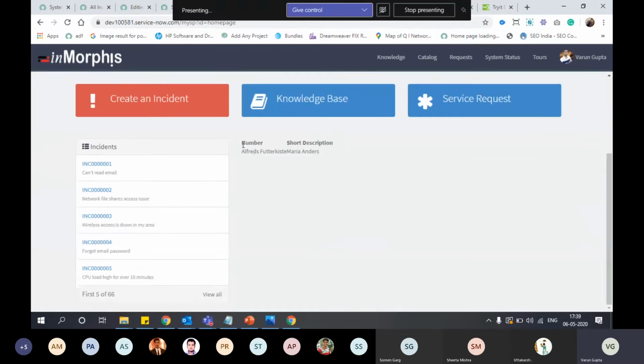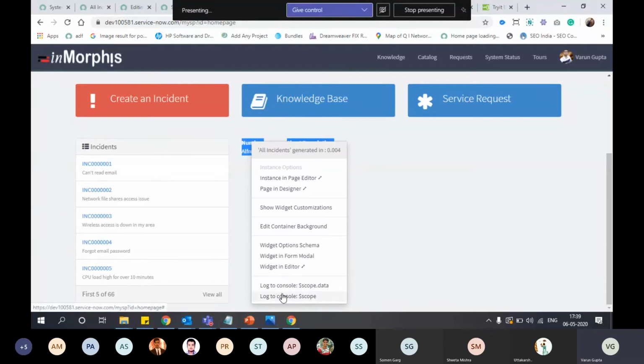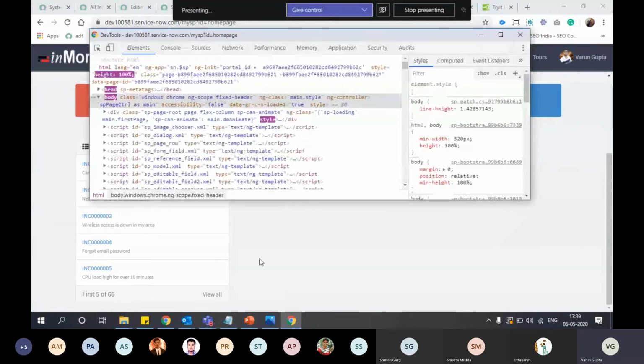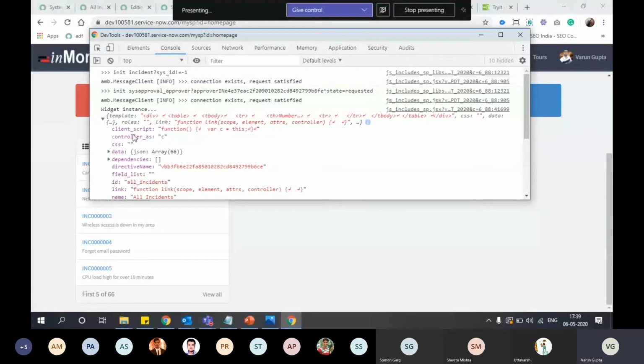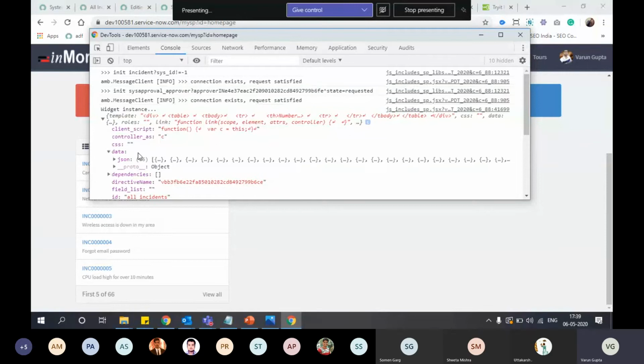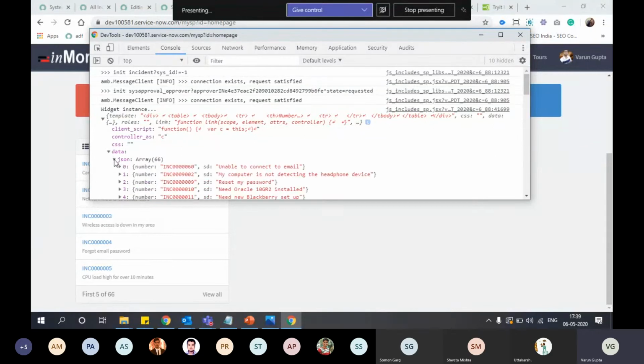This is our widget, and these are the static values coming from the HTML part. I'm just checking on my server side whether it is pushing values or not. We are getting JSON and data.